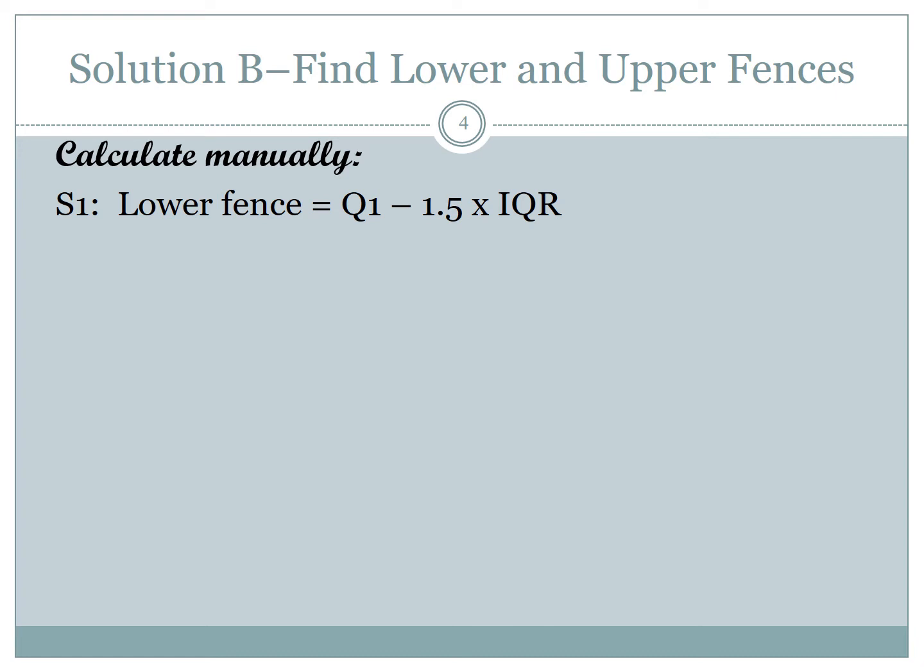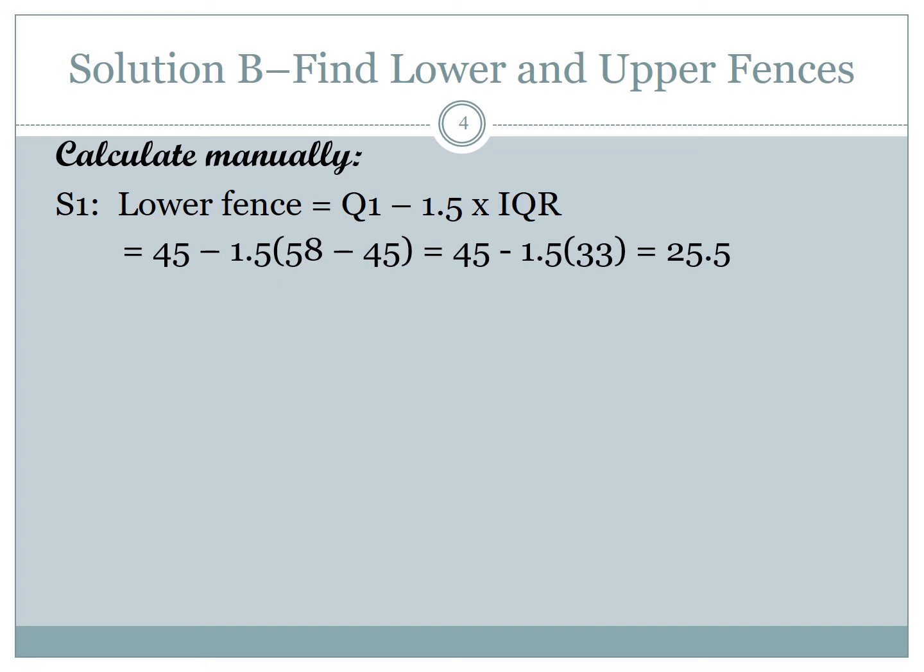So we calculated Q3 before, it was 58, and Q1 was 45. So we can plug those in, and you'll get Q1 is 45 minus 1.5 times 58 minus 45. See how that is? And the rest is just arithmetic, and we'll get